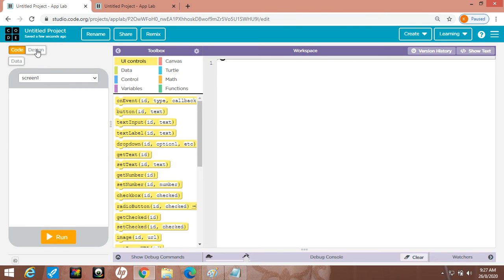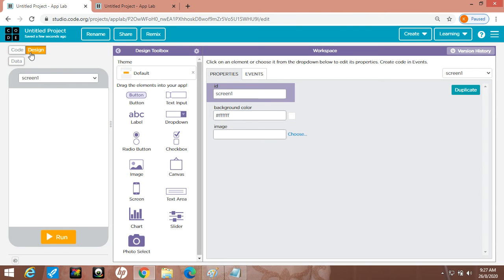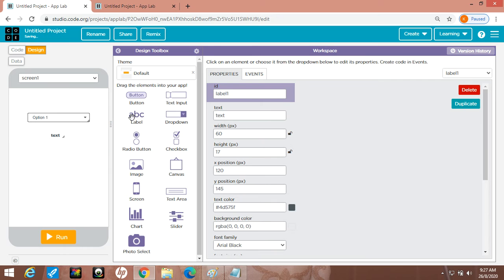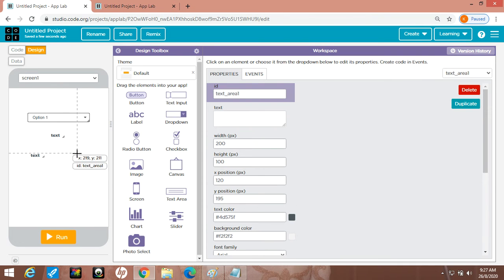This is a screen, the design section. Now I want to choose a drop down box. Simply drag and drop one drop down here. I need one label. Second, I need another label also and one text area here. I am choosing all these tools here.